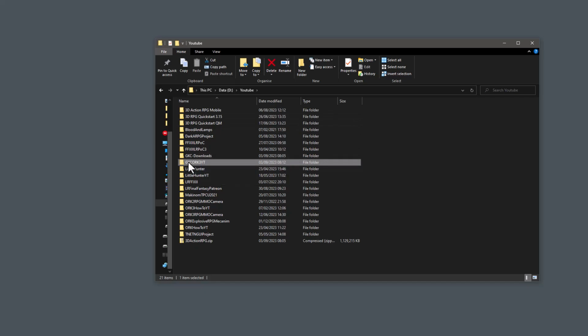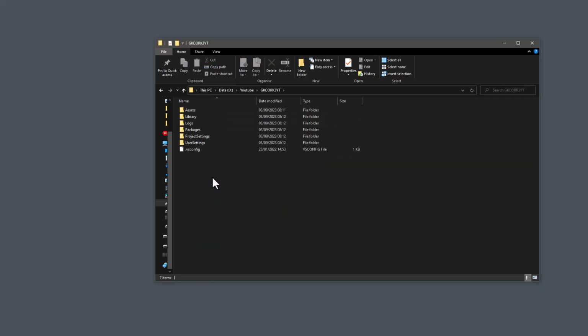There we go. And what I will use is my patch file to force the project to be upgraded to the latest 2021 LTS version